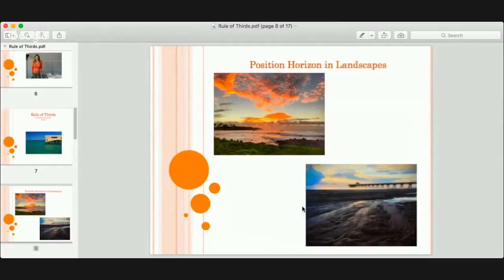So the first one is you want to position your horizons in landscape. A lot of people will take it vertically. Make sure you're doing it horizontally. And you can see in a landscape versus portrait layout, it depends on what you want the subject matter to be.